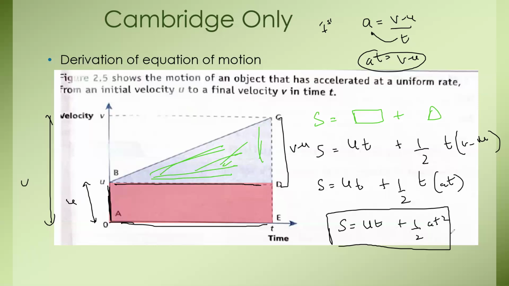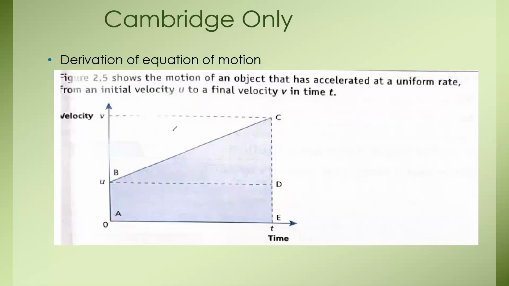Is it clear, this one? The third equation? So we use the first equation to get the third equation. Then the last one, we use the second equation to get the fourth equation. So it's easy to remember: you will use first with third and second with fourth. According to the second equation which we derived,